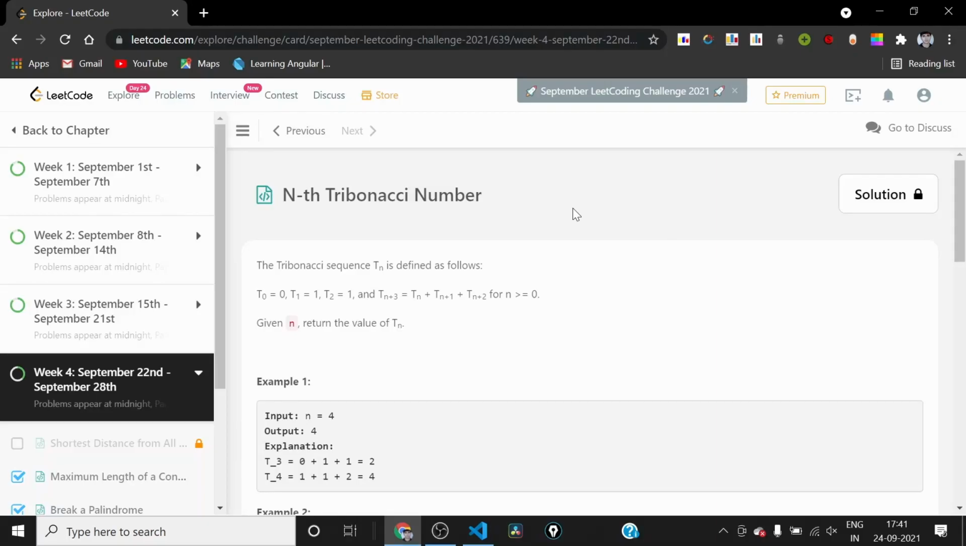Hi everyone. So today is day 24 of September Leetcode Coding Challenge, and on this day we will be solving the nth Fibonacci number problem. So the Fibonacci sequence Tn is defined as T0 equal to 0, T1 equal to 1,